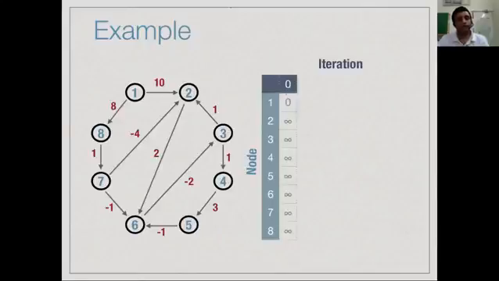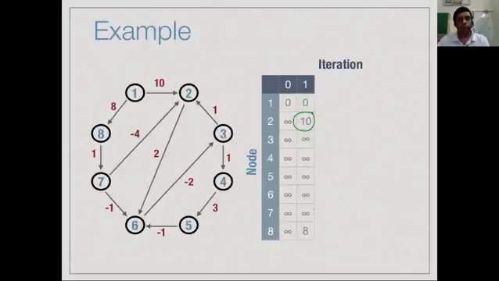So in the initial step we set the distance of vertex 1 to 0 and everything else is infinity. Now we will, in the first step, try to update all neighbors of things that we have here. Now all values which are infinity will not update their neighbors, but the value of 1 will. It has two neighbors, right? 2 and 8. So these two things now become finite values, 10 and 8 respectively.